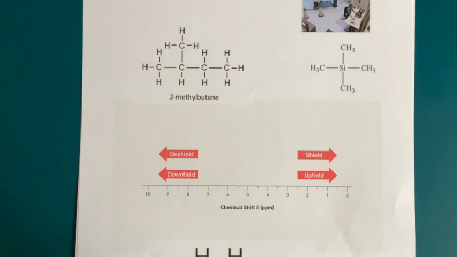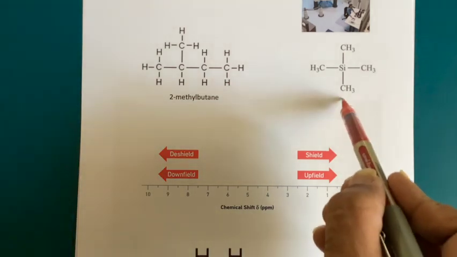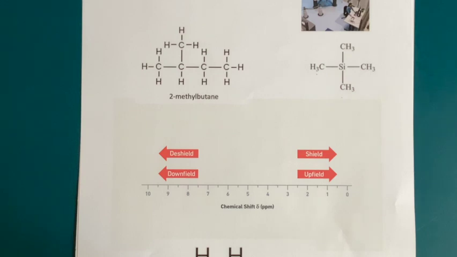tetramethylsilane, TMS as it's called. And while the structure and the uses of TMS are not required for SL, it's required for HL, it's a useful starting point because here you will see in TMS, which is made up of silicon in the middle and 4 CH3 groups, it's a very good way for us to show 12 hydrogen atoms that are in a chemically identical environment, meaning to say the nucleus of each of those 12 hydrogens, 4 multiplied by 3, 12,